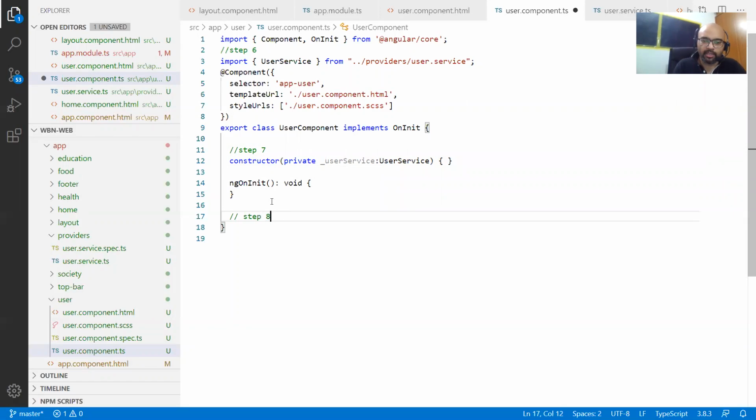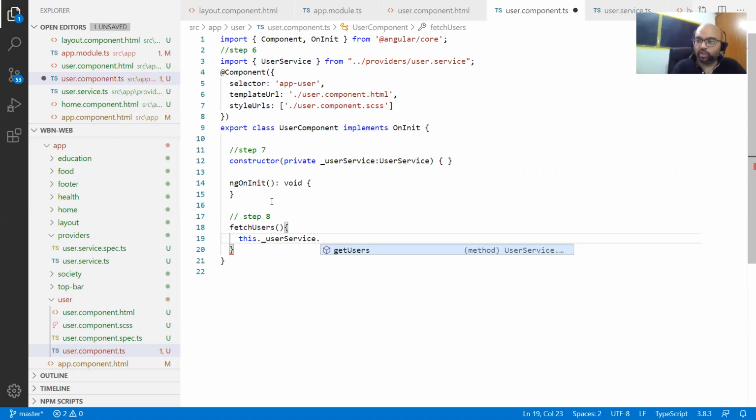Step 8, say fetch users, correct? Fetch users, or you can use the same method name also, get users. So here you will say this dot user service dot, you can see the get method automatically came, get users.